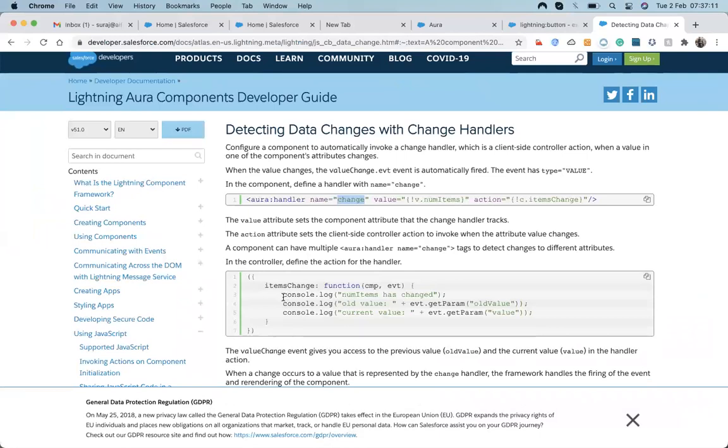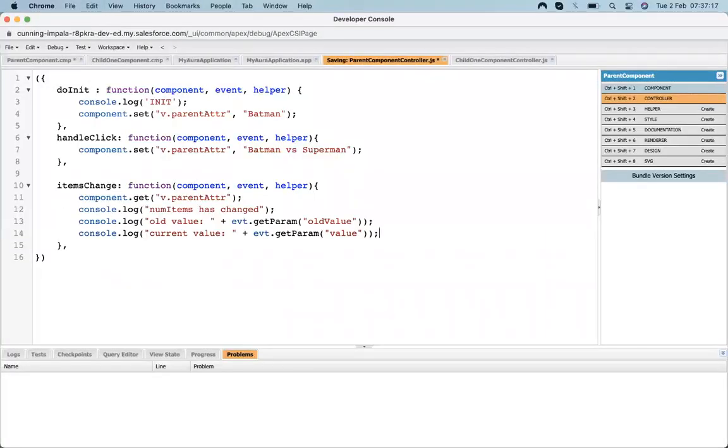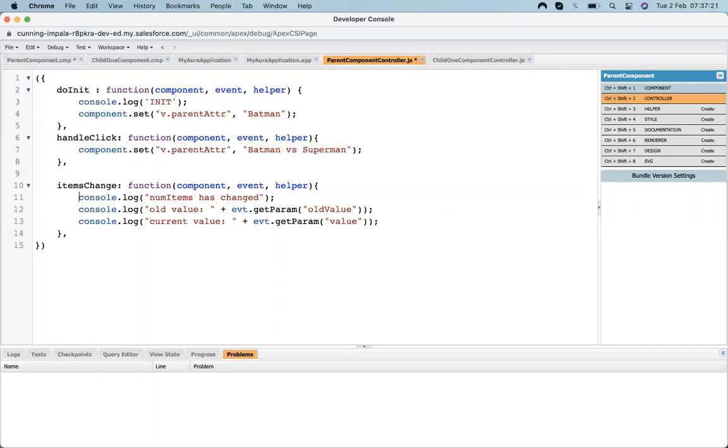We can also get the old and new values. Or just leave it with old and new values. So let's have a look.